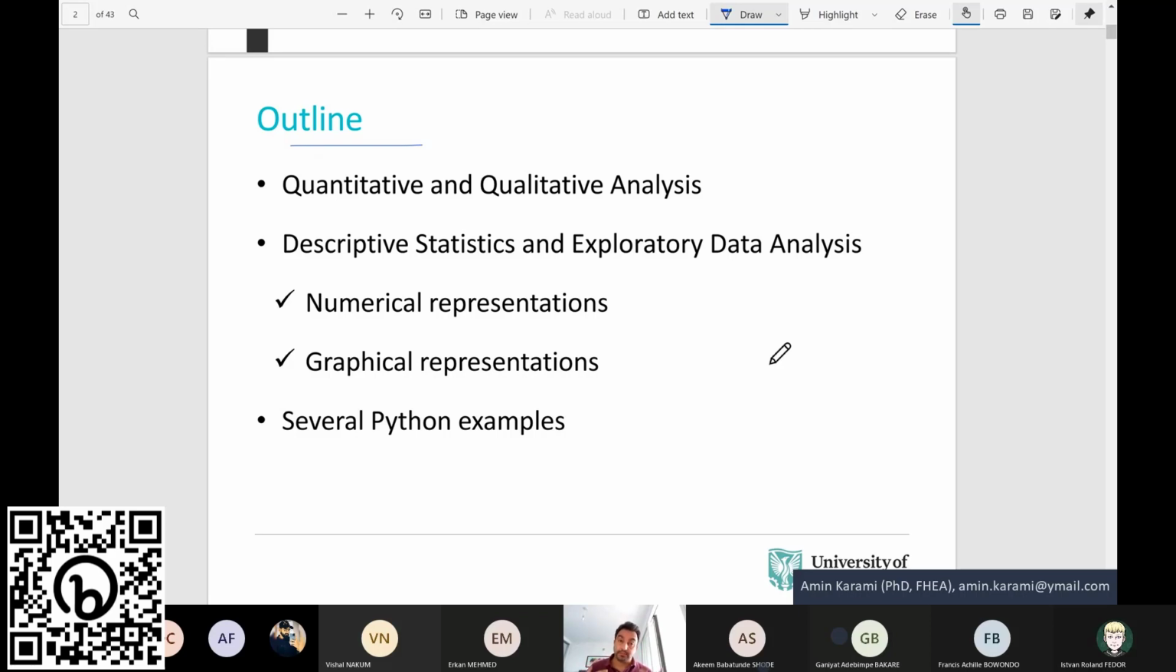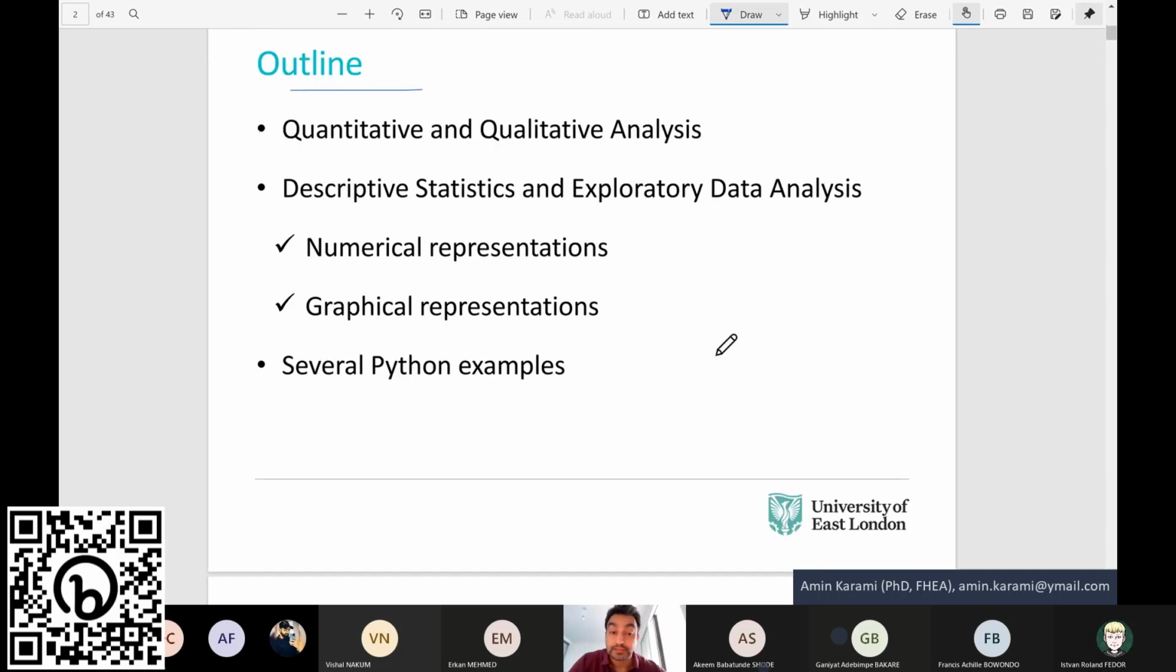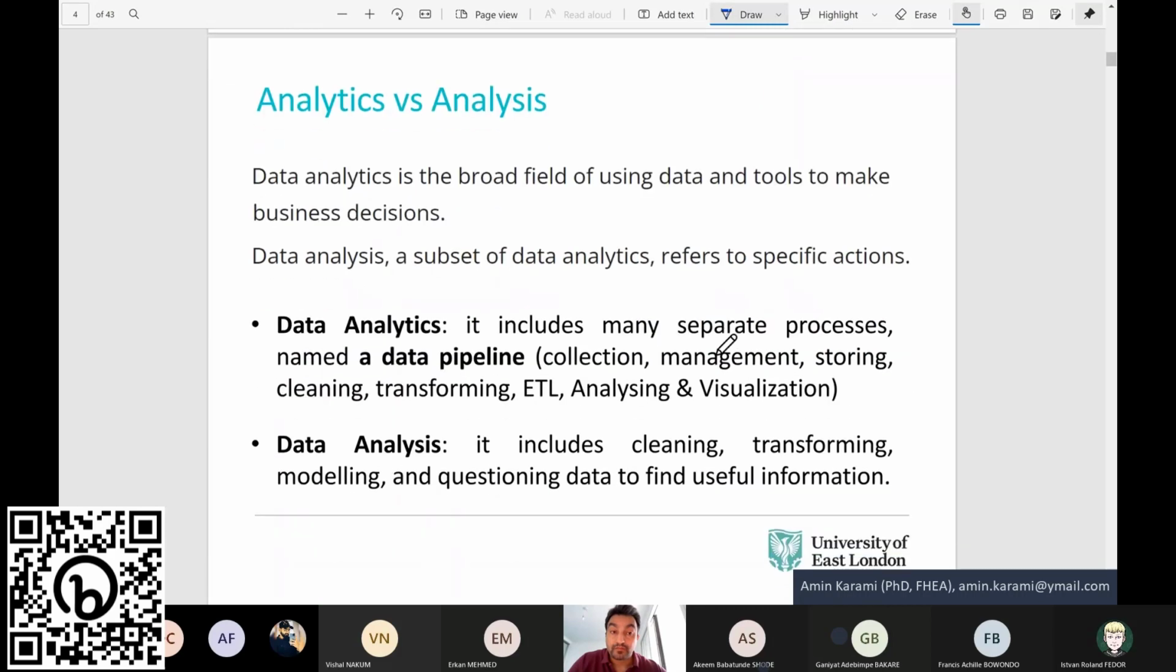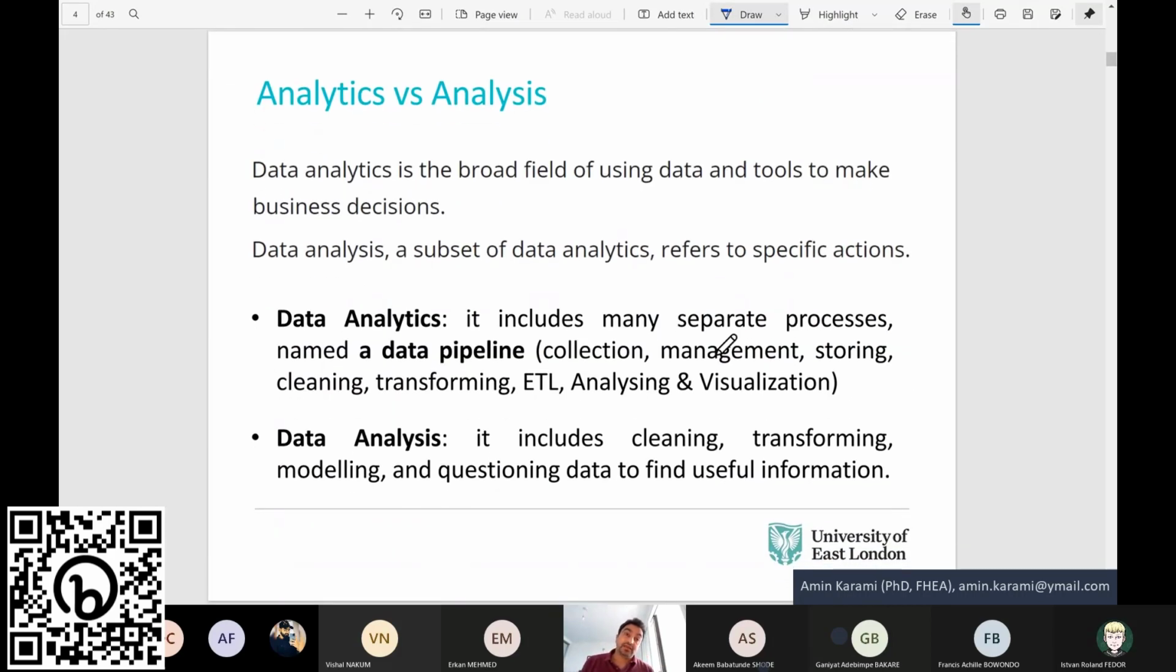Today, we want to discuss quantitative and qualitative analysis, and we want to see how we can apply descriptive statistics and exploratory data analysis on data, and we want to discuss what they are and why they are important. So, the first thing is we have to find out the difference between analytics and analysis, and this is really